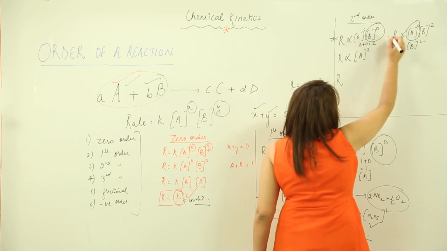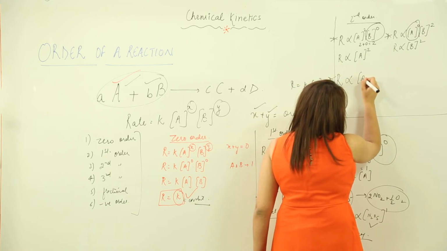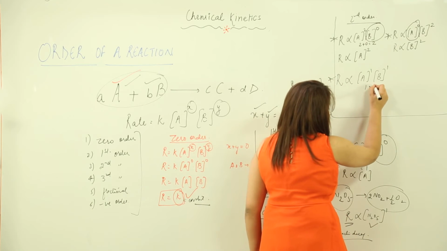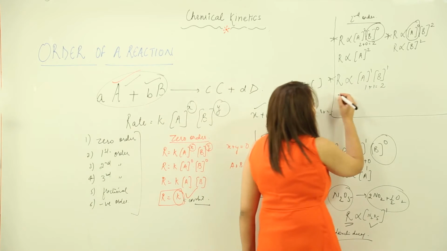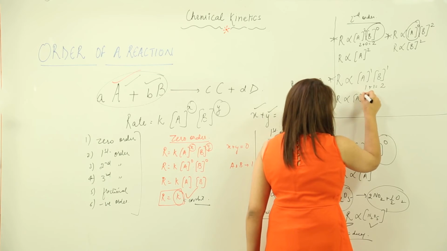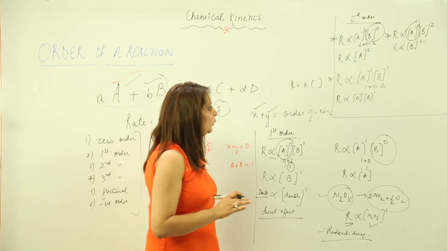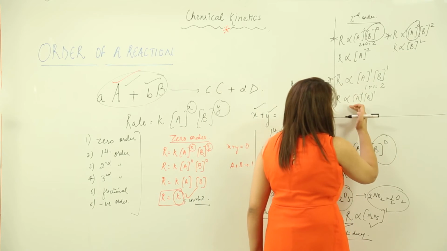See, this is the first type, second, and this is the third. We can write like this, A and B both raised to power 1. So in this case also we are getting 2. That means the order becomes 2. So in this, what is contributing? Obviously both the reactants are contributing, and the contribution towards the rate of reaction is similar. So either it may exist as this, or as this, or as this.